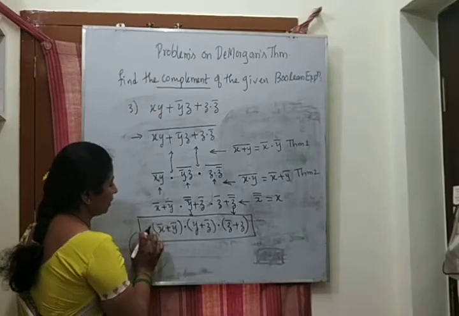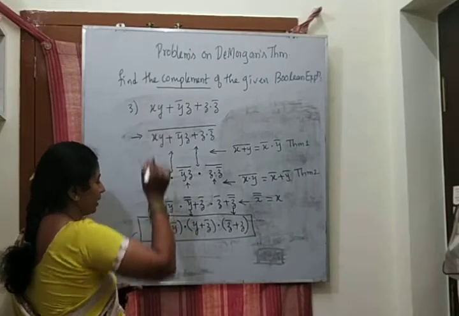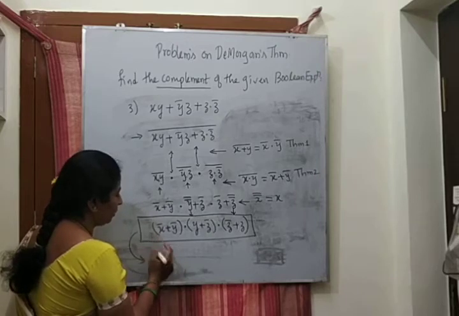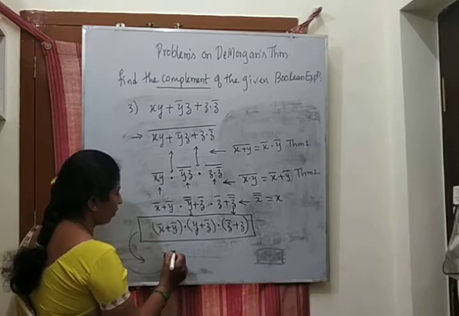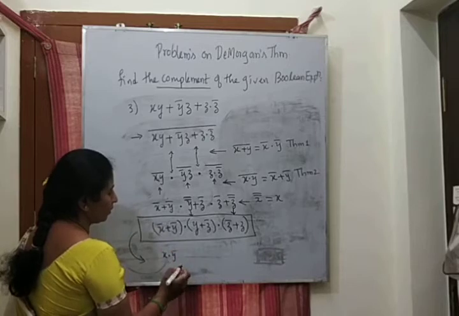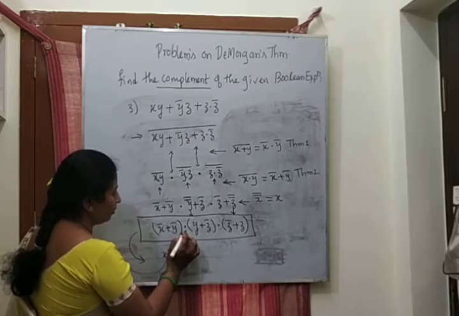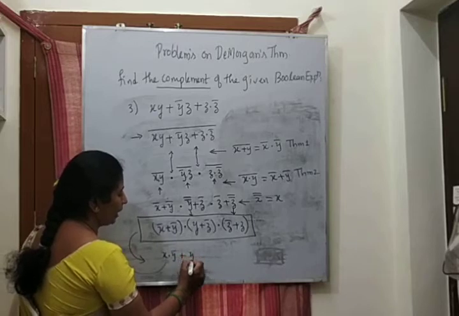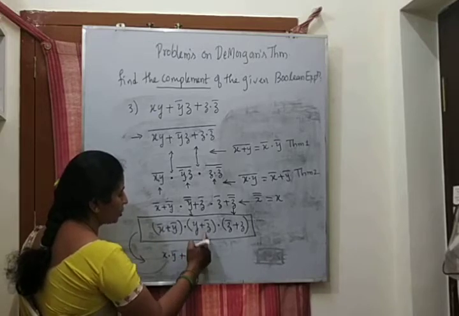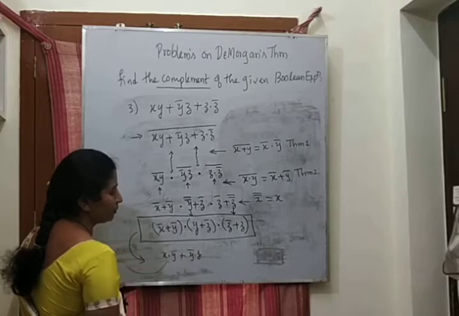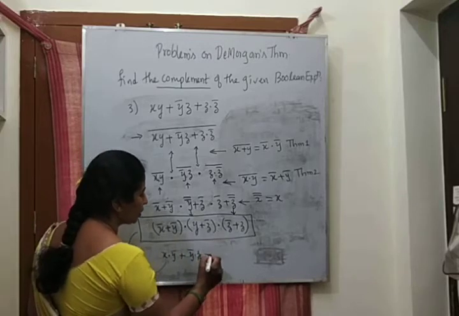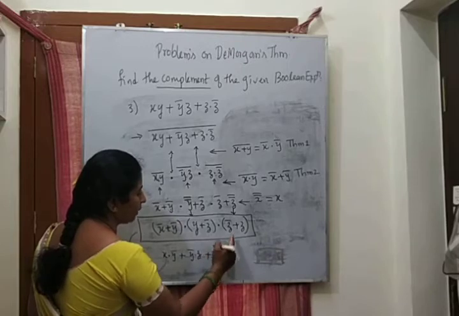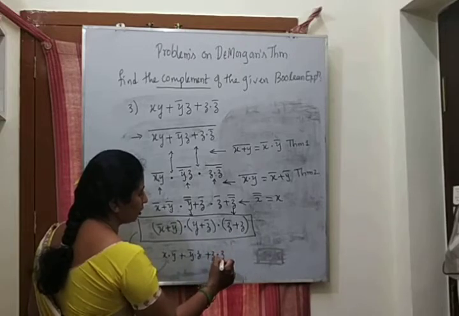Without seeing this, I'll write the given expression. I don't have a complement. I don't have a complement. I have a dot, which means it is plus. I have a y complement into, I don't have a complement for the z. This plus was changed, the dot was changed to plus. Then z doesn't have a complement, plus changed to dot.